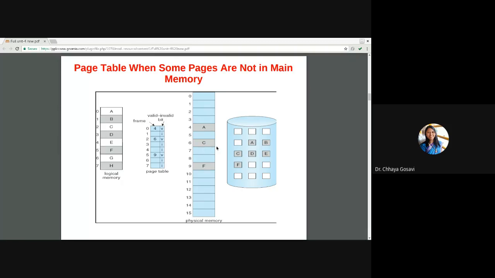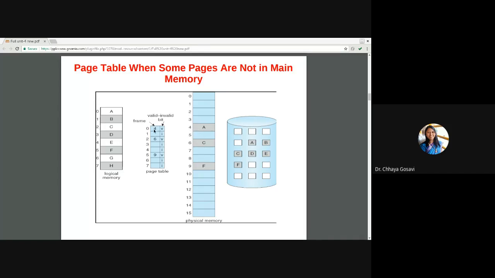You have to replace those pages which are currently in main memory with the pages you want to bring into main memory. So choose a victim page, any page, say page number F or C or A, swap that page out of the memory and make the entry. A means page number 0. So it is currently valid. Now you are removing that A from frame number 4. So delete this part.